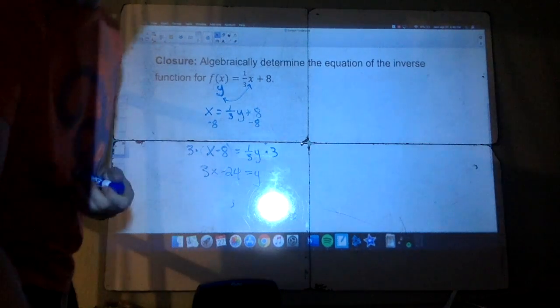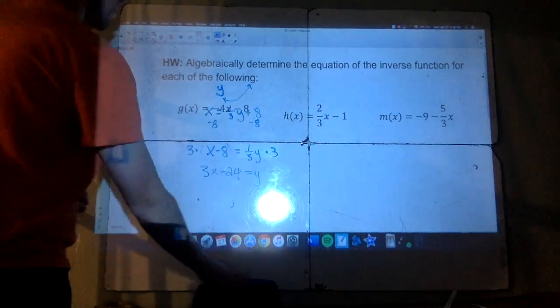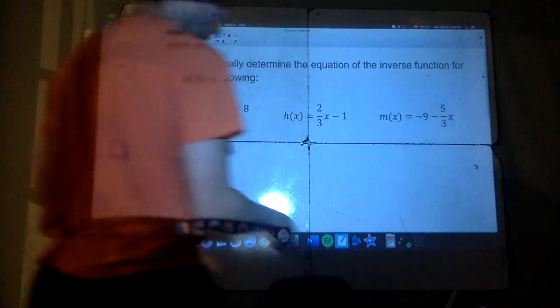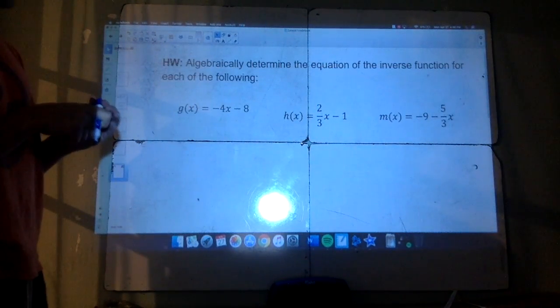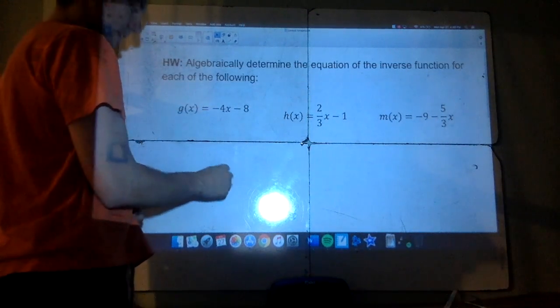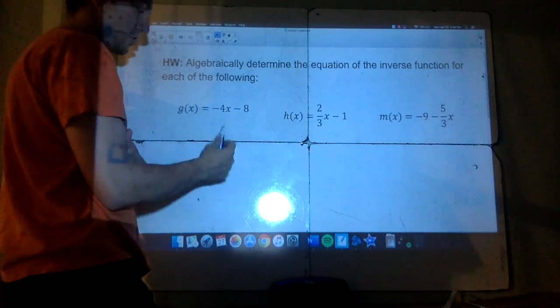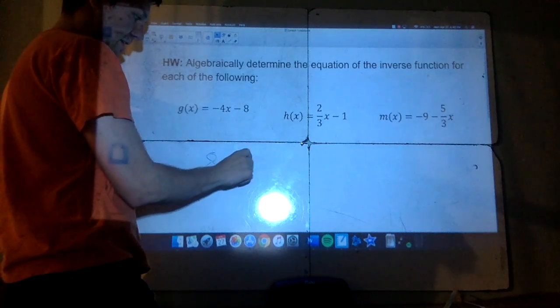So to close out this lesson today, all you need to do for your homework is we have 3 equations here for you to solve. Now I want to talk about something here before I let you go, and it's for this one. If we had something like, I'm just going to make one up because you're going to need this for the next 2, if I had something that said 8 equals